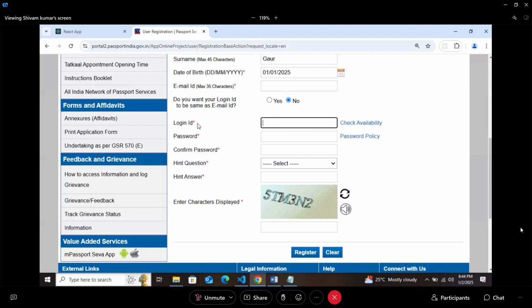Now what login ID do you need to give? As a user or as a developer, we used to write email ID. This is a problem here. People don't understand what this login ID is. Here they are asking, do you want your login ID to be the same as your email ID? What if I don't want that? Then what is the login ID? Now, all of you are done with HTML, CSS and JavaScript. Tell me what this login ID is. It is not optional, it is mandatory. You have to write it. Tell me what the login ID is here.